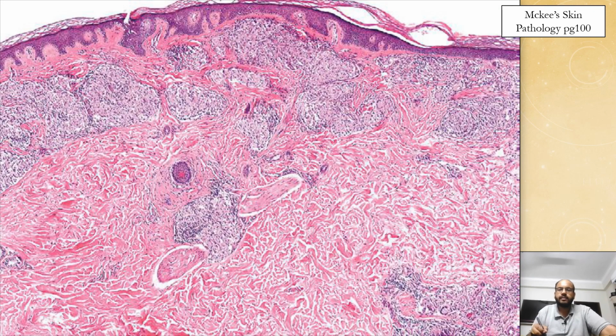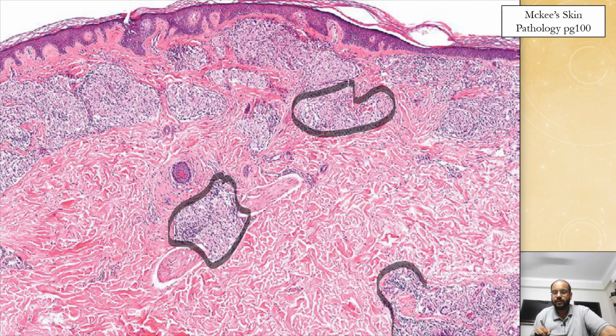So look at this histopathology now. In this histopathological picture, you can see sarcoidal granulomas. Look at this granuloma, the collection of cells, or you look at these granulomas. Can you see that you can easily identify them? So they are discrete. They are easily identifiable,